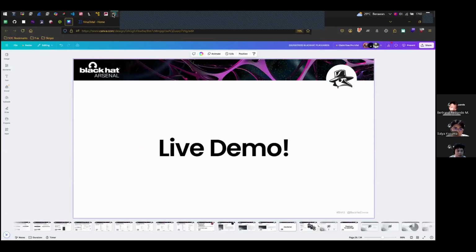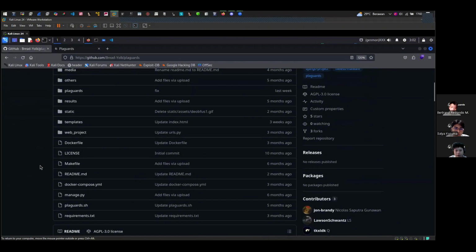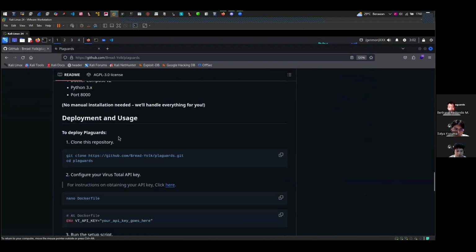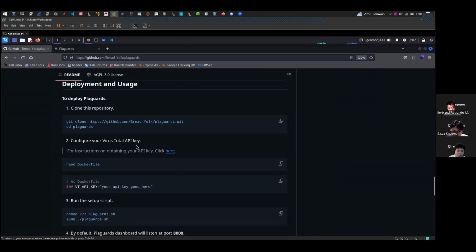You can check the PlayGuards GitHub and go to the deployment and usage section. The procedure is very straightforward. You can clone the repository, go inside the directory, and configure the API key first.